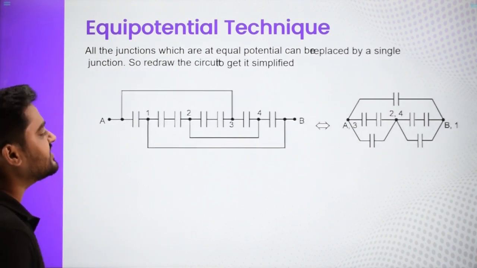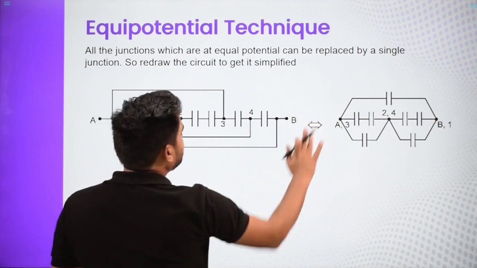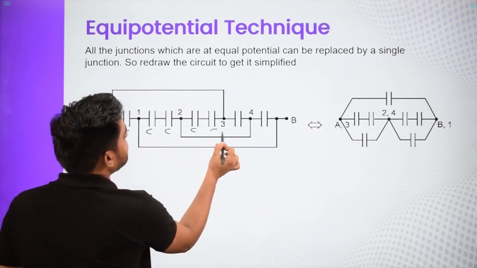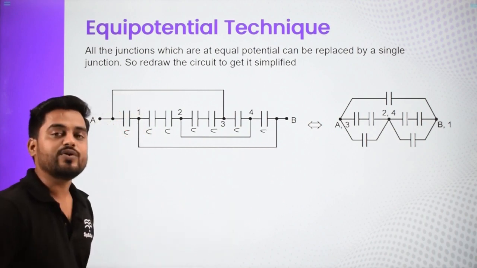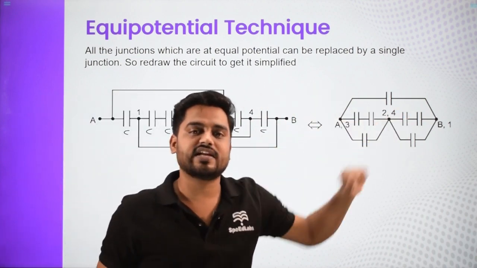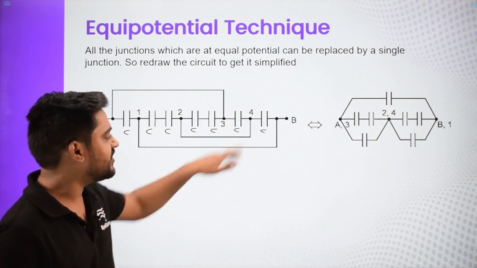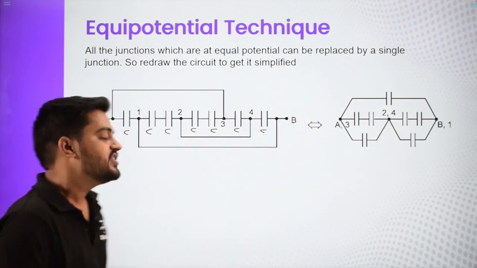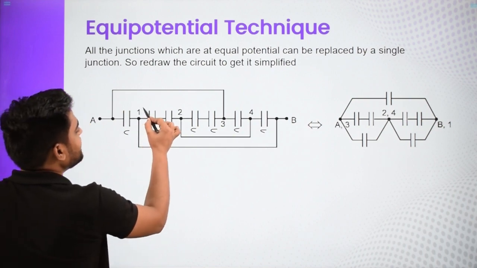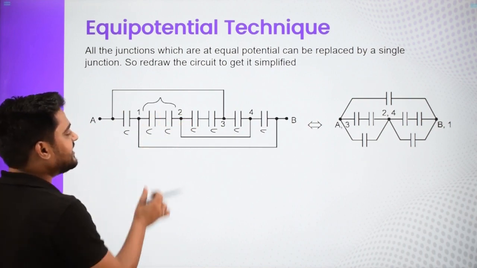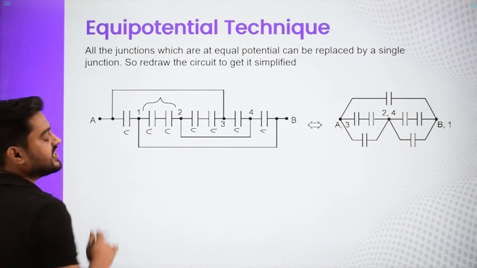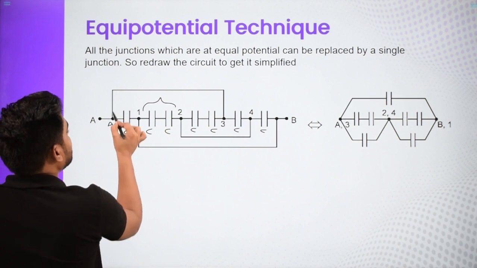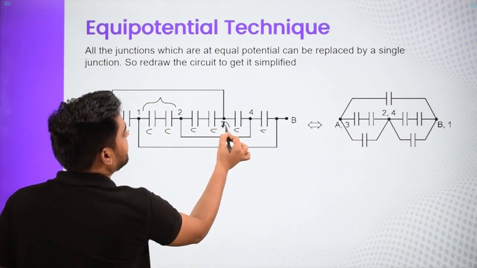For example, this is a circuit. Here we have a lot of capacitors. Let's say each of them has capacitance C. Now I need to replace it and make it a new circuit, and some of the other wires are also connected. I need to get the equivalent capacitance between point A and point B. First, as we can see, these two are directly visible, they are in series. So I am just writing those points which are special. If this point is A, this connected to here is also A.